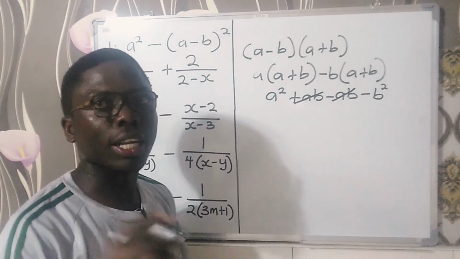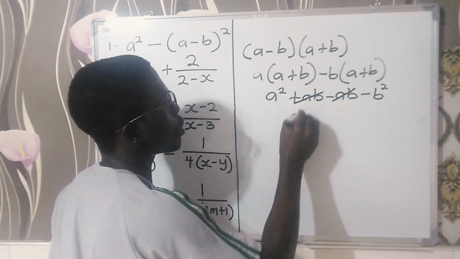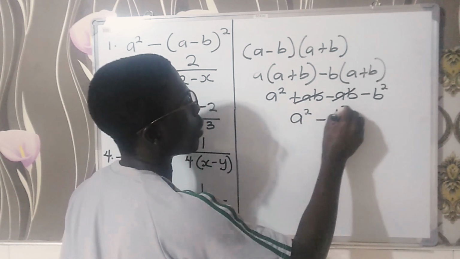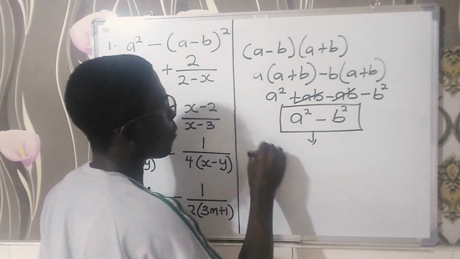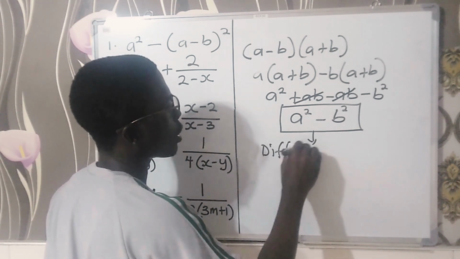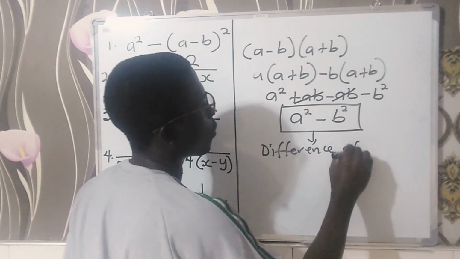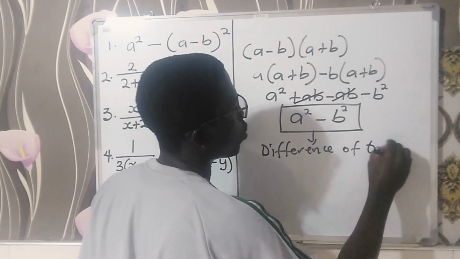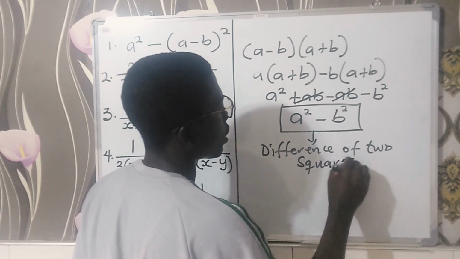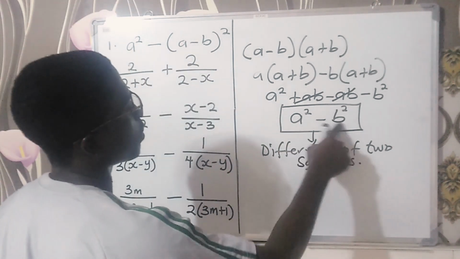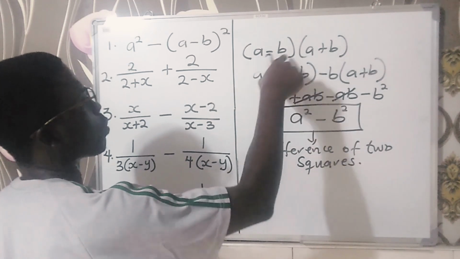And so, our final answer will then turn to a squared minus b squared. And this is what we call difference of two squares. And so whenever I have something of this sort, we come out to this one, as you can see